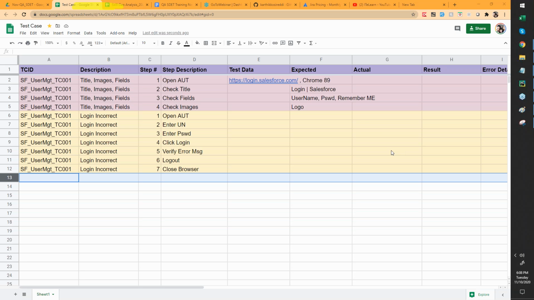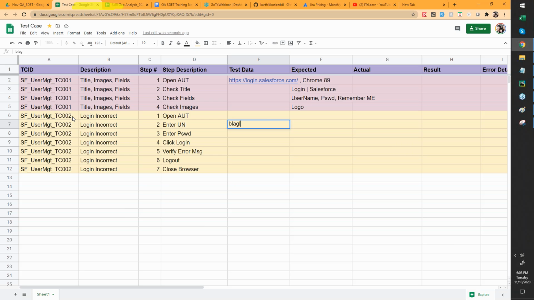Very nice catch. Smart. Did I make a mistake in any of the steps? Test case. Oh yeah, so you're right. I also didn't change this to test case. Very nice, a good catch. See how many mistakes we are bound to make as humans when we go with a specific speed and flow. Check to enter incorrect username. So here we will write, I'll say this is blah blah